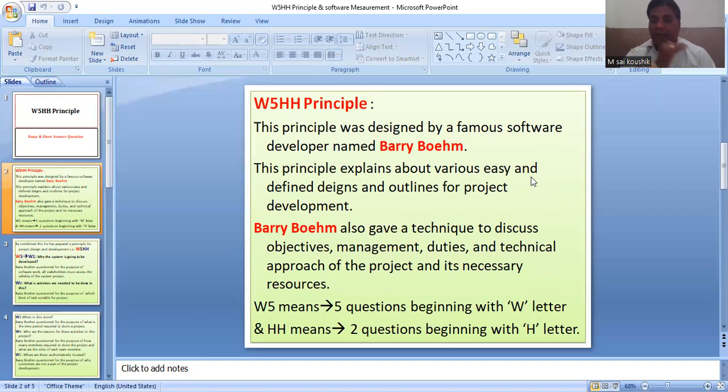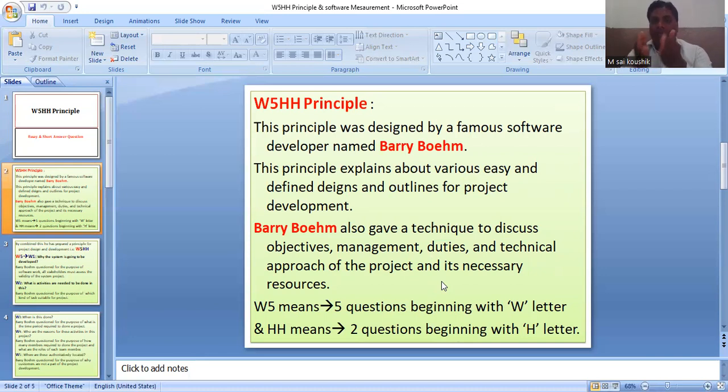Barry Boehm has given a technique to discuss the objectives of the project, management of the project, duties of the various people of the project, technical approach of the project, and necessary resources.